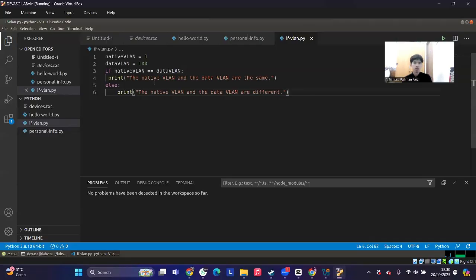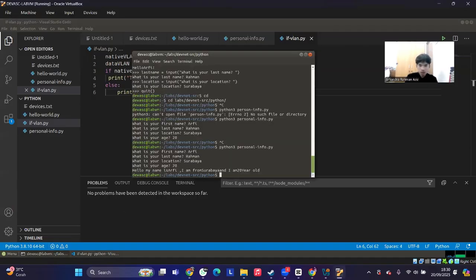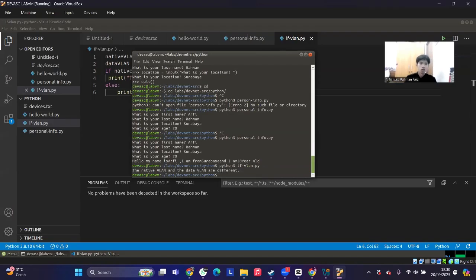I already created the new file, and this is the content. If I run it with Python 3 if_vlan, it will say that the native VLAN and the data VLAN are different.